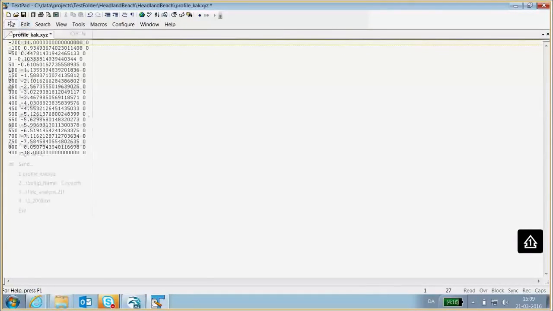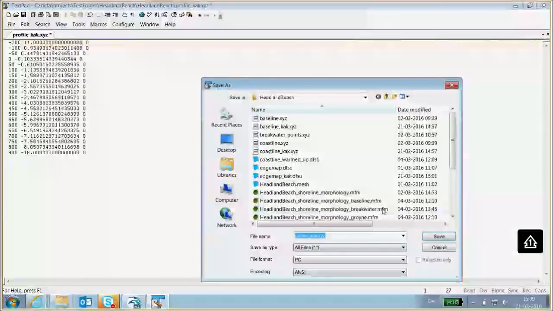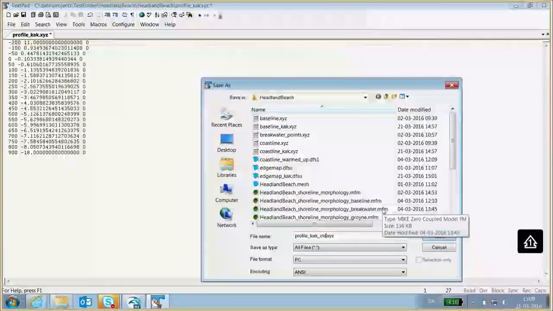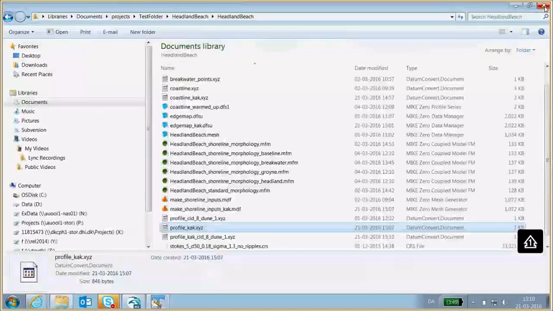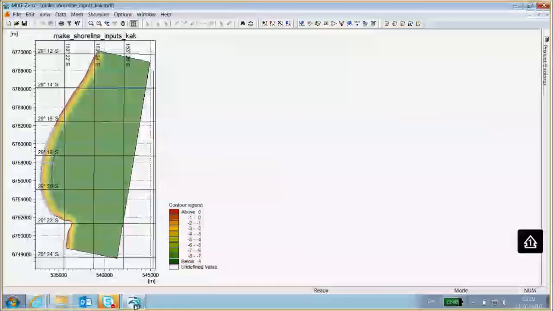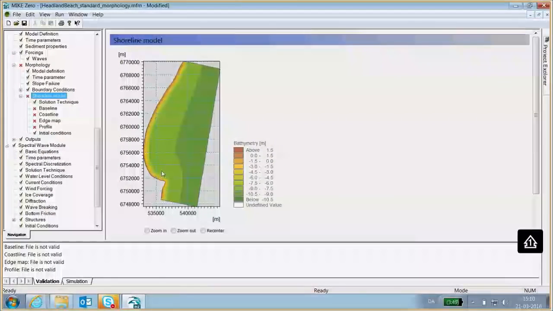And then I'll just save it as a new name here, save closure depth 8, dune height 1, and save. So now I have actually generated and prepared all my shoreline model inputs. So I'm ready to supply those to the model. So I will just close that down here.